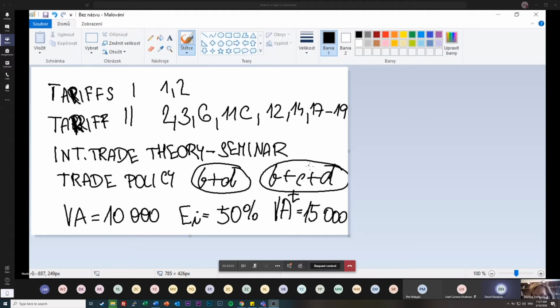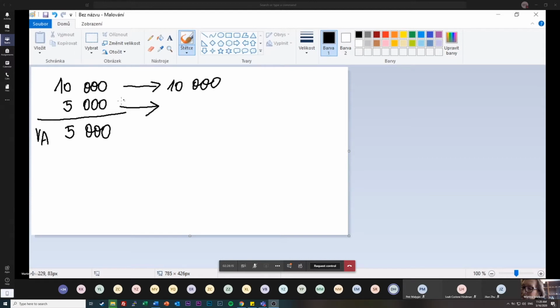That means the price of the final product is the same. And here is the nominal tariff in the material production, 10%. That means the new price in the small economy is 5,500. If you remember the graph, this is the world price, and if you increase the price, there is the new price inclusive of tariff. It's 5,500 as for the material. So the new value added after the tariff imposition is